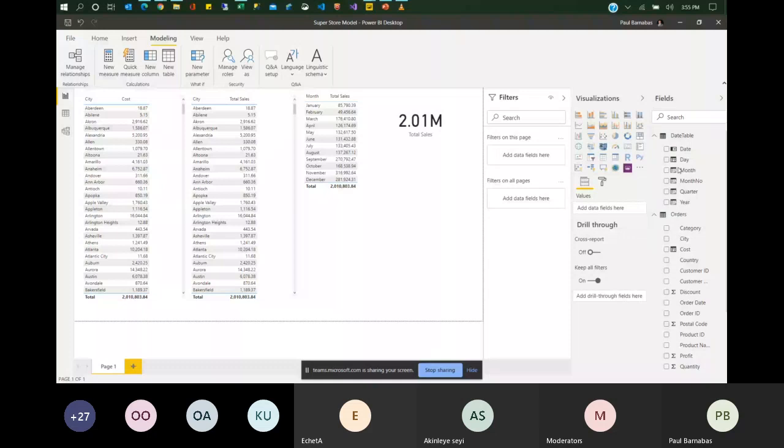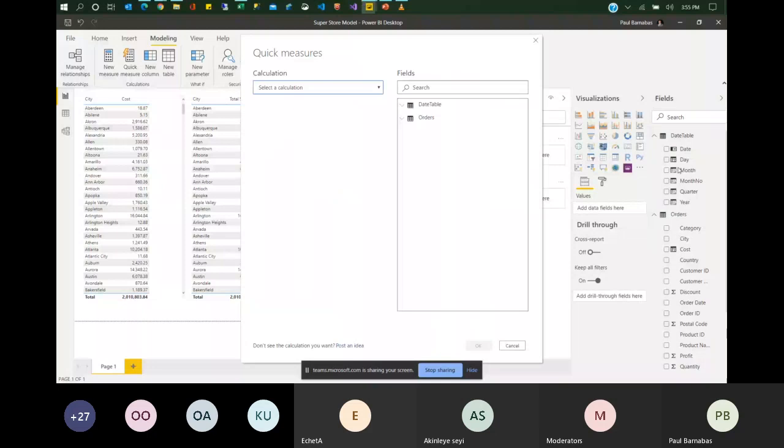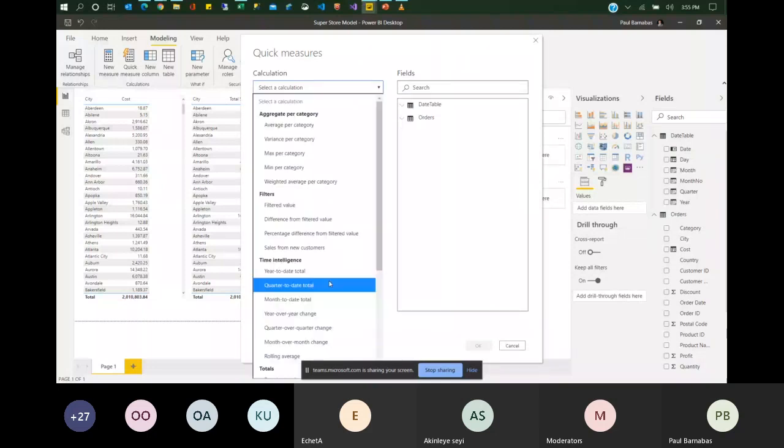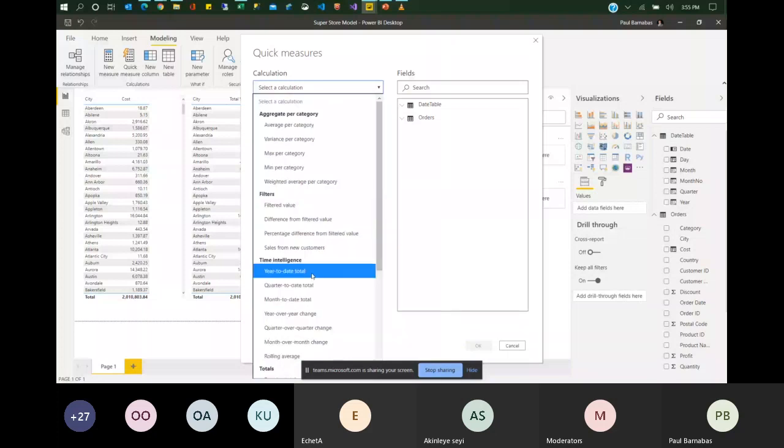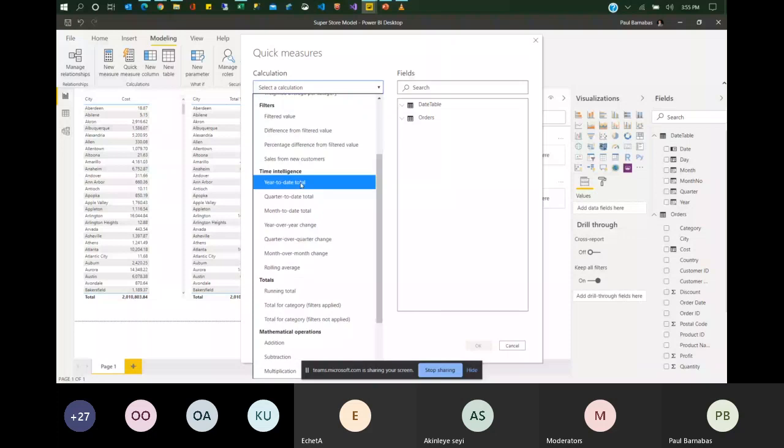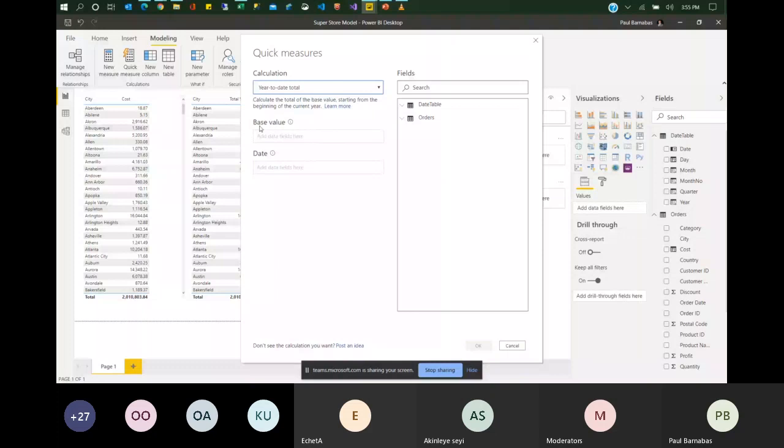Here we can see the drop down and we can see different types of pre-calculated measures that we can use on the fly. So if you want to look at the year-to-date total, you can just click on this, and it's going to ask you what is the base value. This base value is which column do you want to base that calculation on? We want to base it on the total sales measure that we created. So you drag that into this particular field.